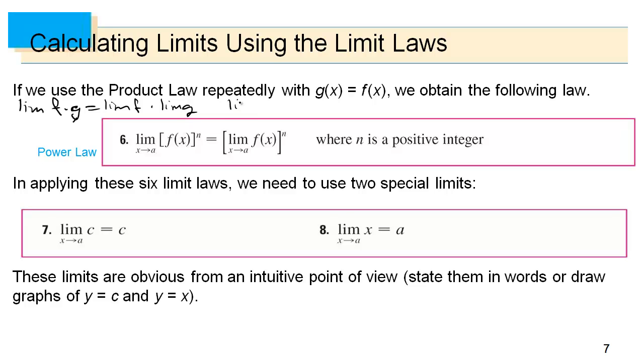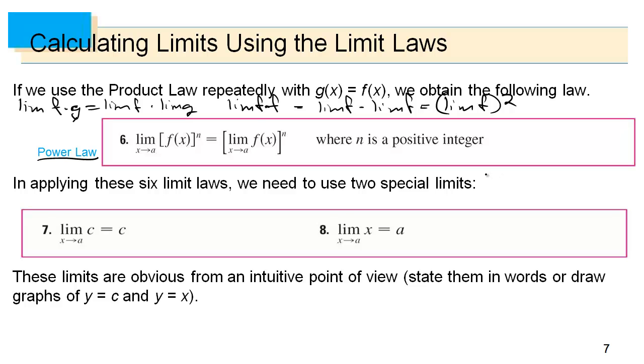What if it was the limit of f times f? Then we know that it's the limit of f times the limit of f, and isn't that just the limit of f squared? And that's what the power law is telling us. We can take that and expand it out n many times, so now the limit of a function raised to a power